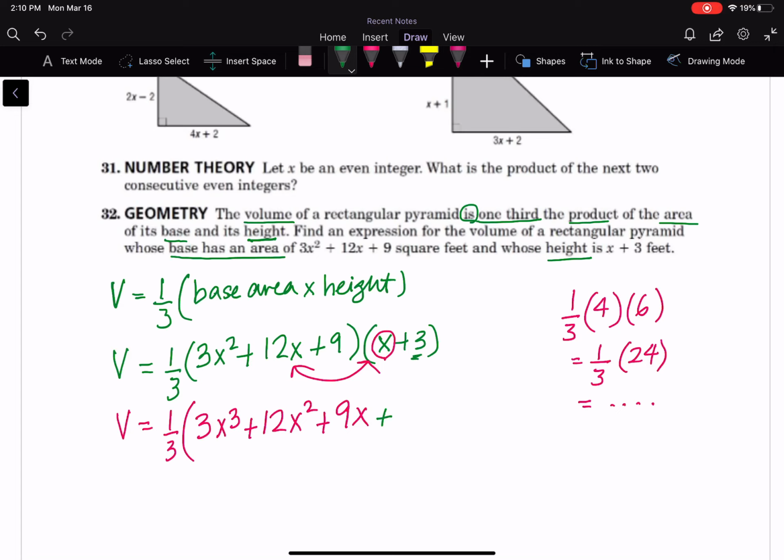So I get plus 9x squared plus 36x plus 27. I'm going to now combine like terms inside the parentheses. It gives me 12x cubed plus 48x squared